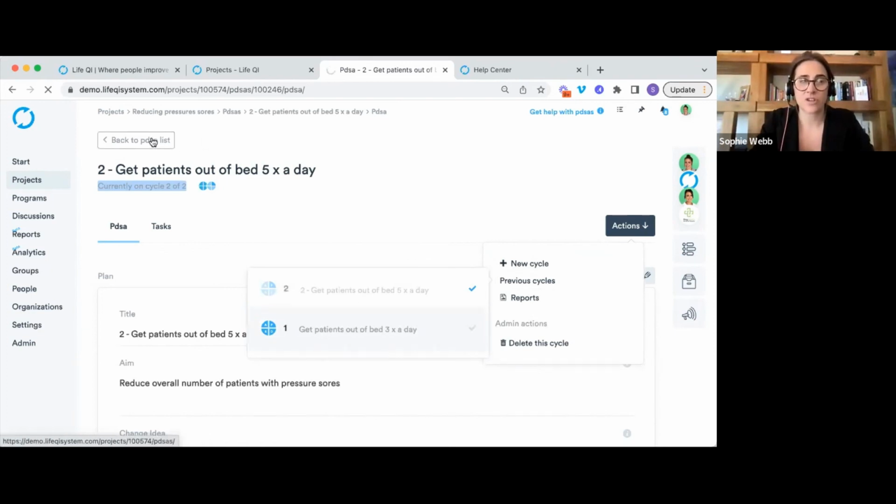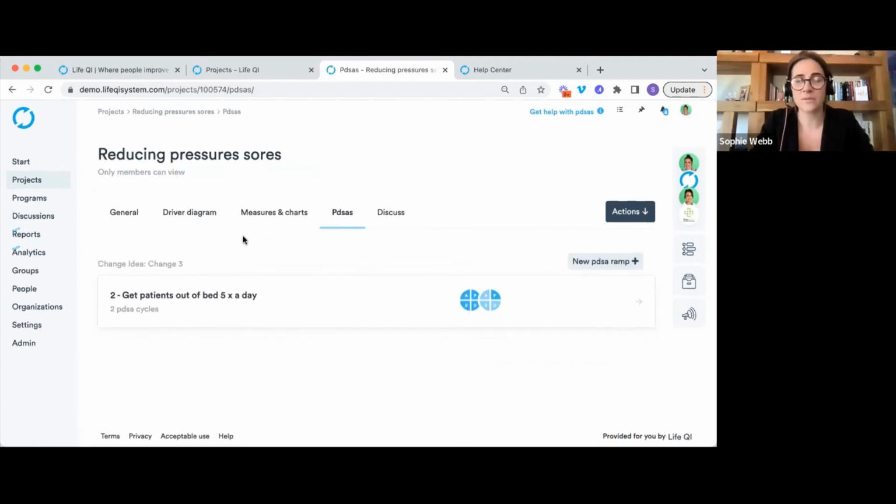So let's just come back into our main PDSA list and we can see how that's structured. So you can now see that we've got linked to this change idea, we have this PDSA with 2 cycles. We can see with these nice infographics that we have 1 completed cycle and 1 just started with the plan section filled out. Okay,